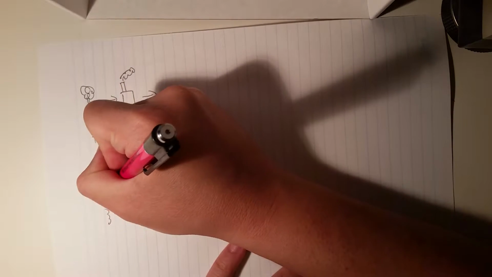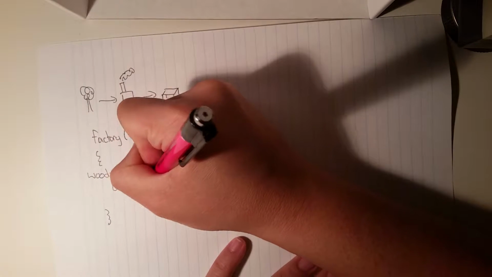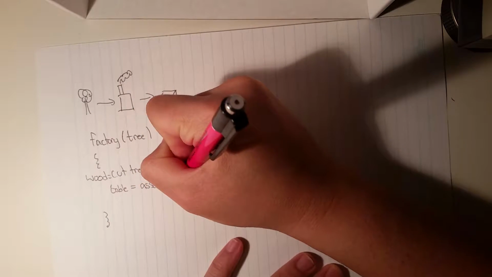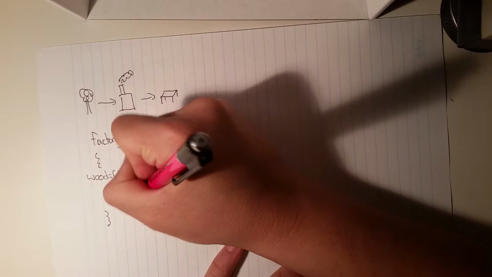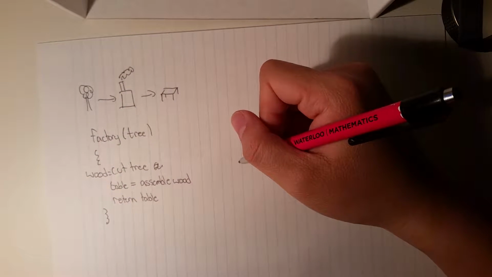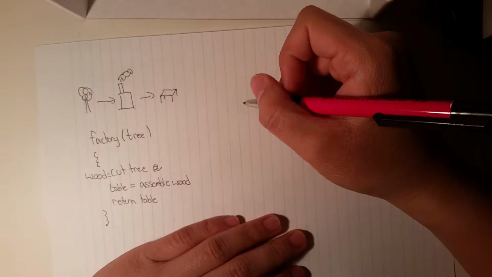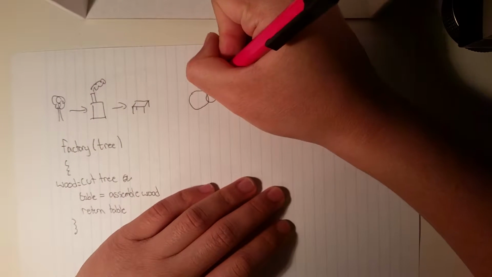So then we have a table that is made by assembling wood, and then we return the table. So this is a simple example of a function, and if we were to tailor a function for recursion, we could give an example. Let's say we have a piggy bank here,